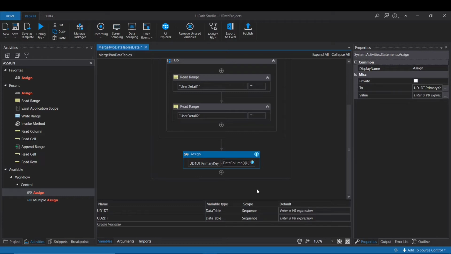So our data table name is ud1dt dot columns, and whatever column you want to make primary, that column name we have to define here. So braces, double quote, ID. We want to make the ID a primary key.